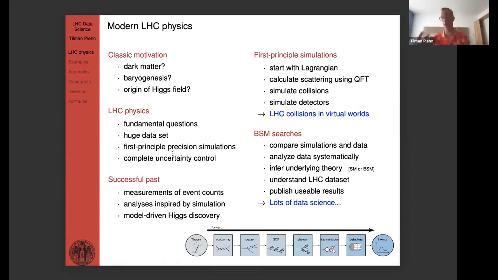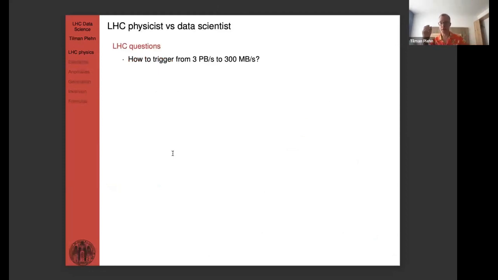They understand what simulation-based inference is. They understand what simulations are, and so on and so forth. Well, you might have to explain to them what the Lagrangian is. Okay, so this is my favorite line here. It tends to not make all my experimentalist friends happy, but how are physics questions related to data science questions?